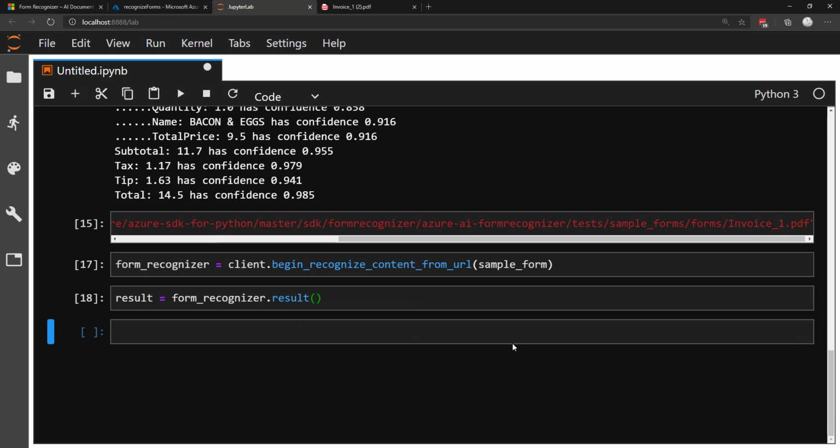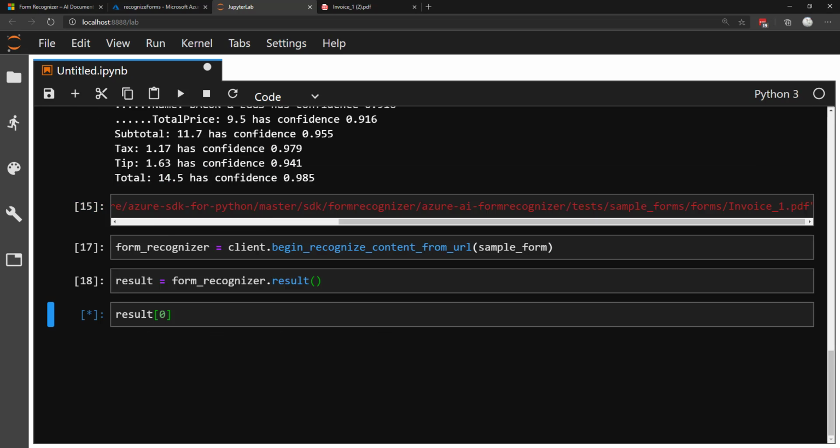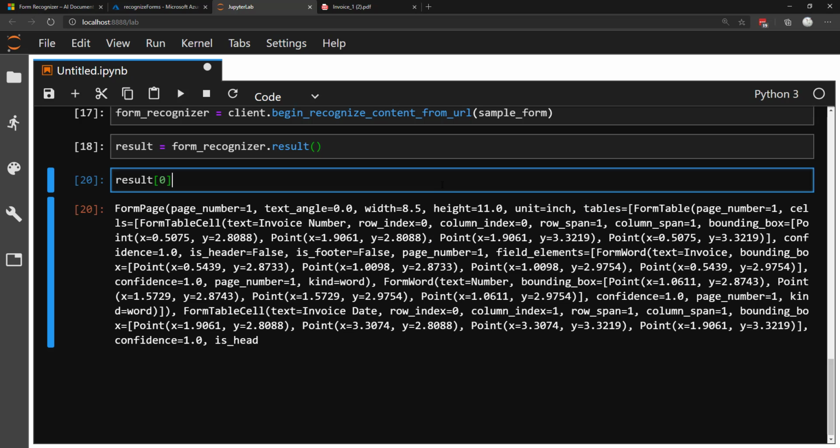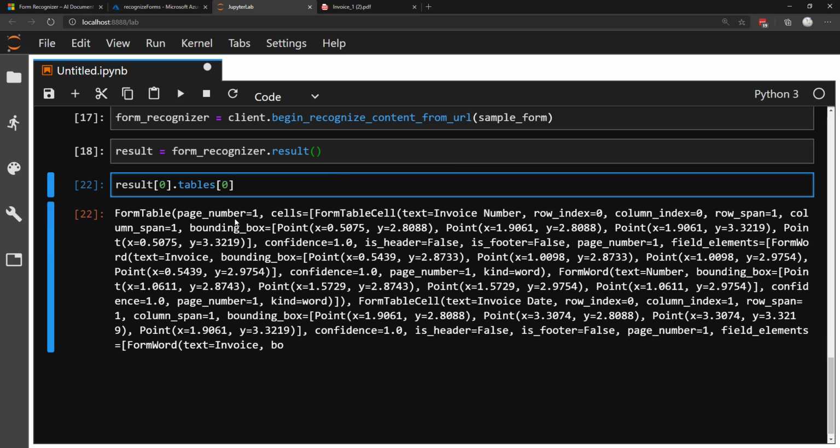And this is a little bit different data structure here. So we have a result, and it's also a list, but it's a form page. We look at the first one. It has a property called tables, which is another list. So let's look at the first one, a list of cells in here, so we can iterate through that. So for say item in the tables dot cells,